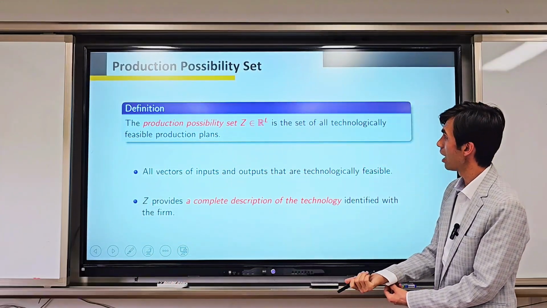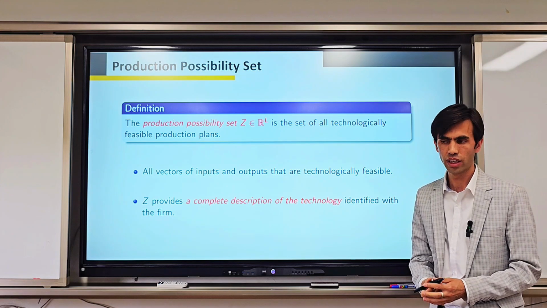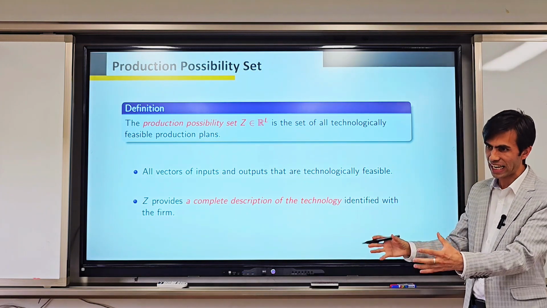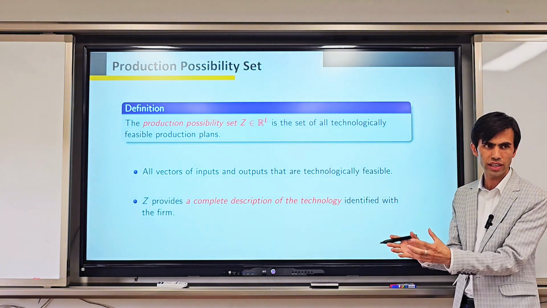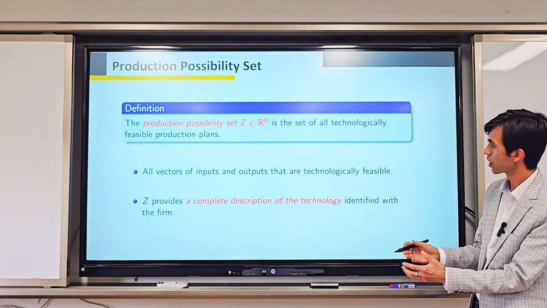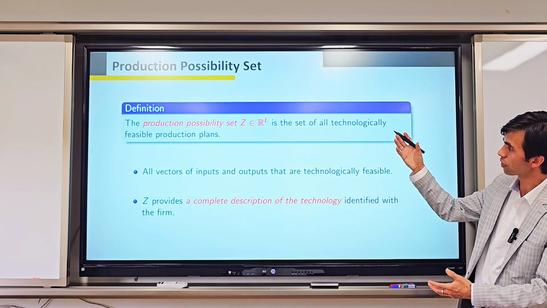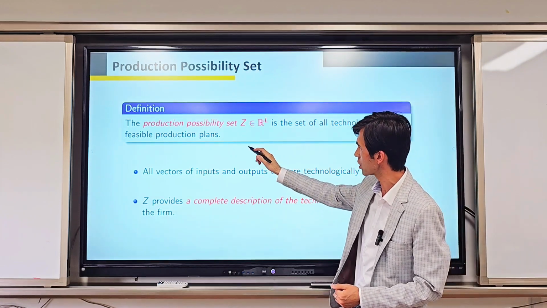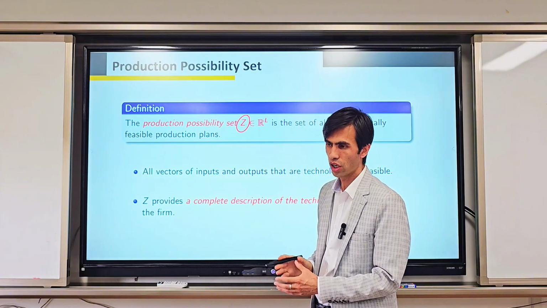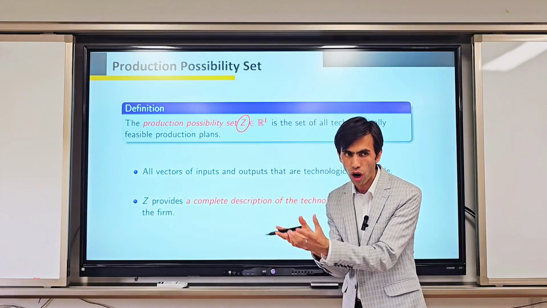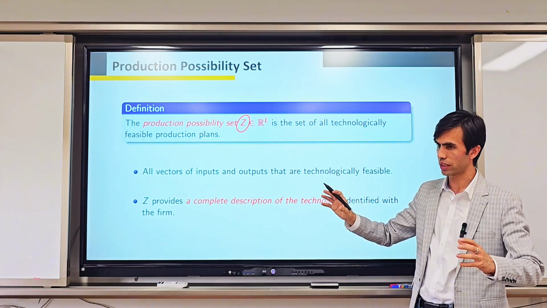And now, let's talk about production possibility set. Because each company has a set that makes it possible for them to combine inputs to produce something. So what is this production possibility set? The production possibility set we use for the capital Z. For the production plan, which is a part of the production possibility set,